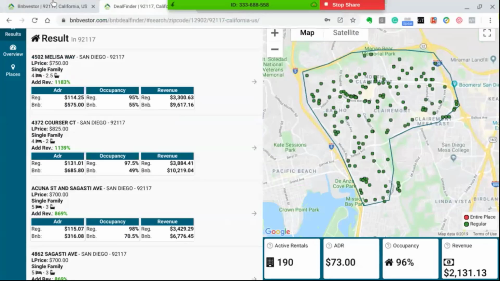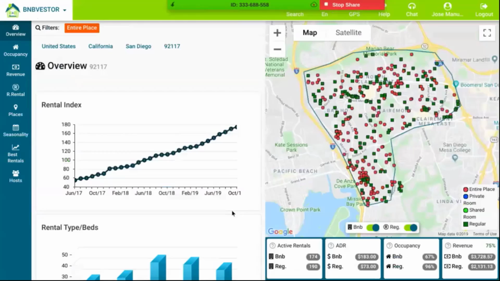Again, let me go back just to make sure that we are dealing exactly with the same information. So here I have it, regular rentals, 190. Usually, if you put the property in regular rentals, it would be a little bit more than 2,100.